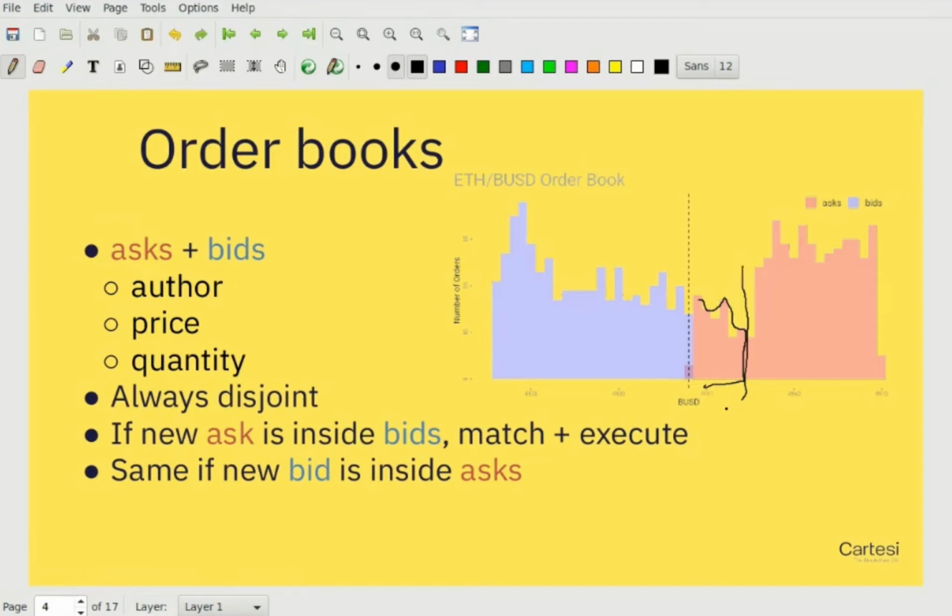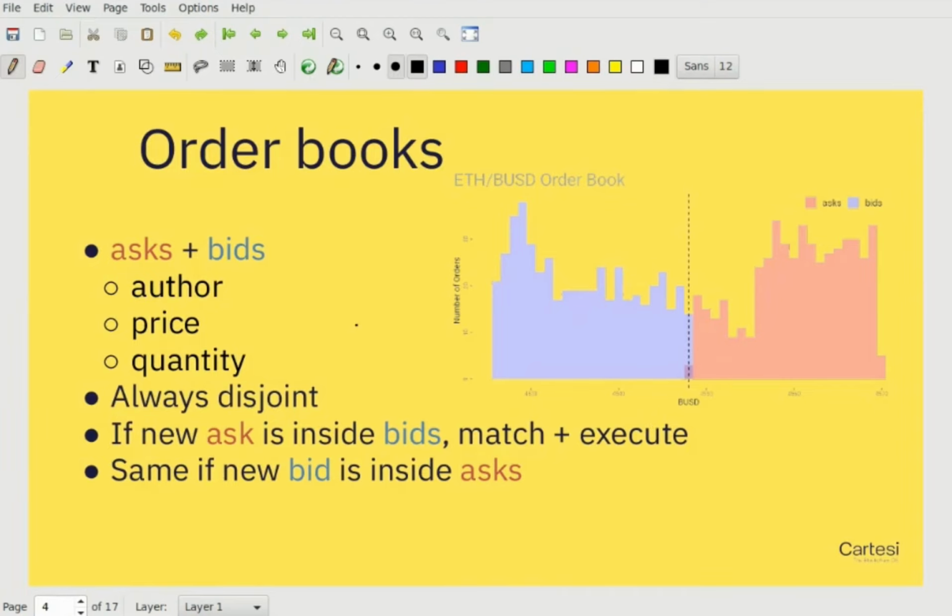So it could be that the new order is fully fulfilled and still there is something remaining, or it's fully fulfilled and there's nothing remaining. But anyway, you can do the same with asks here and eat through the bids, but they will always be